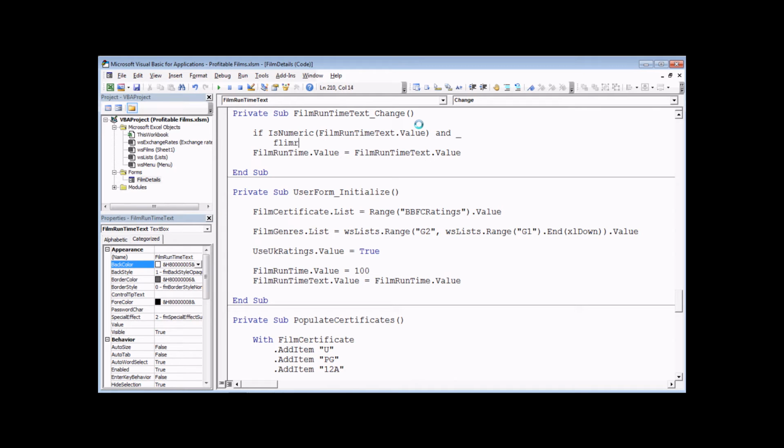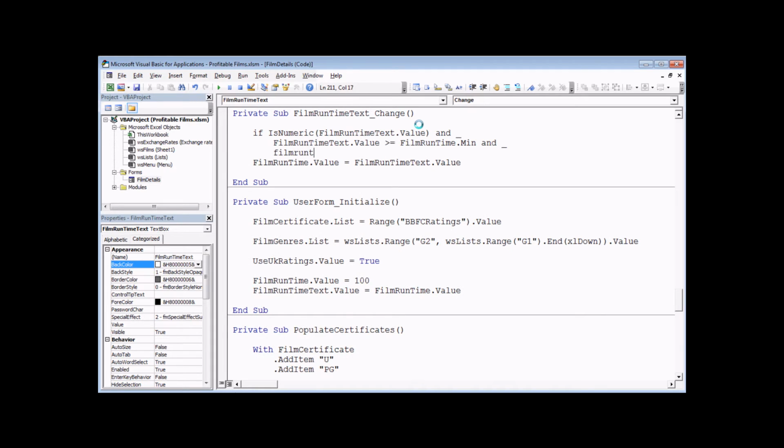And film runtime rather than flim runtime. Film runtime text dot value is greater than or equal to film runtime dot min, and using another space underscore, film runtime text dot value is less than or equal to film runtime.max. As long as all those conditions are true, then I want to update the value of the film runtime spin